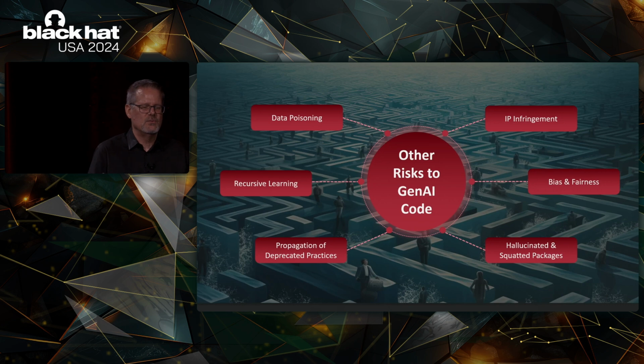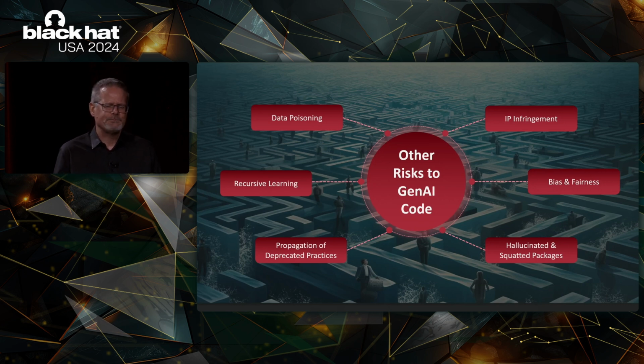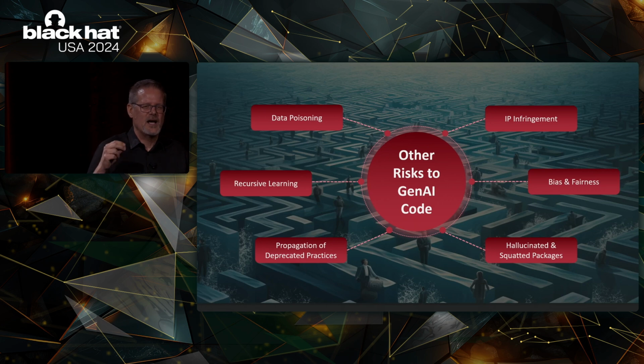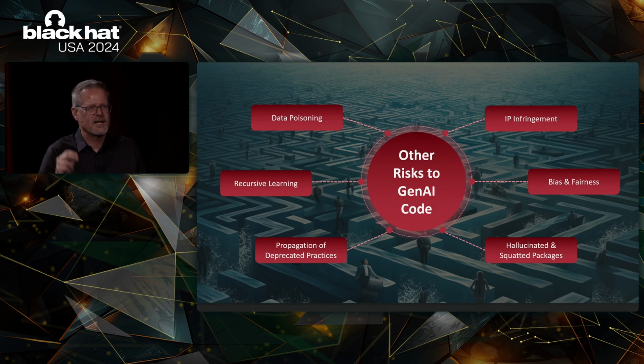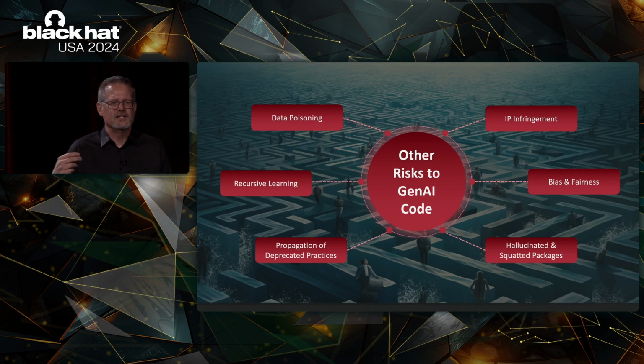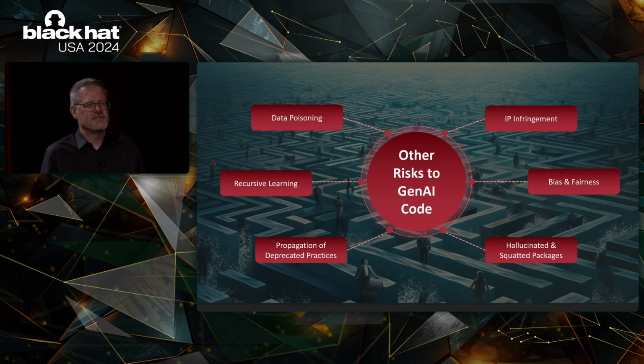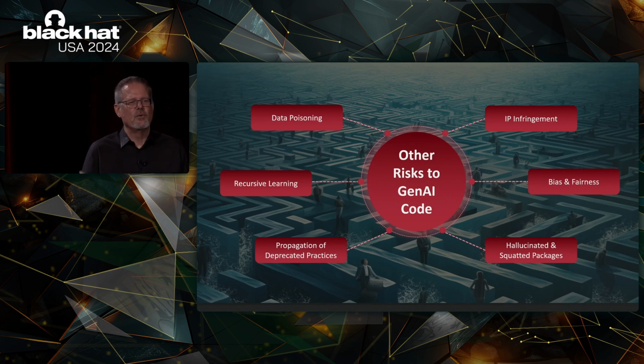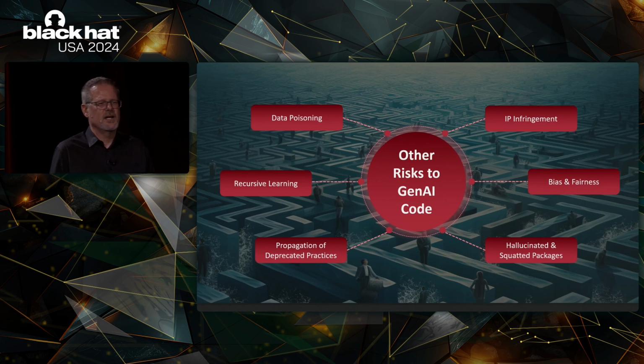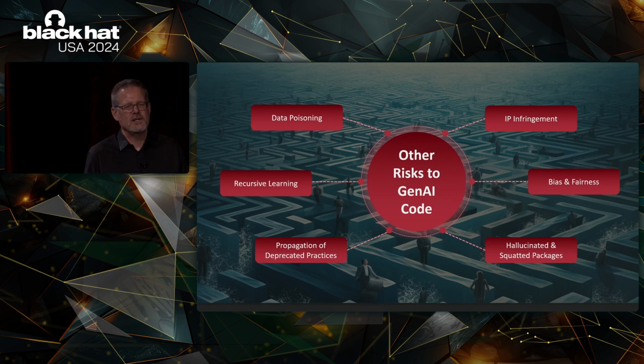So what this study showed was that 25% of the time hallucinated package names came up, but then the really important thing is persistent hallucinated package names, right? You want a name that is going to come up over and over again. If it only comes up once or extremely rarely, there's no point in squatting that package. But around 20% of the time, those hallucinated packages are persistent, and those same names keep coming up over and over again. So squatters can go and create that package, put malicious code in there, and then people are going to start using it. So this is another thing your development teams have to be concerned about.